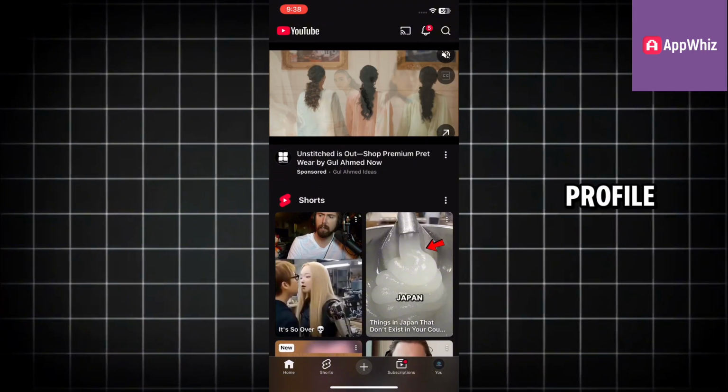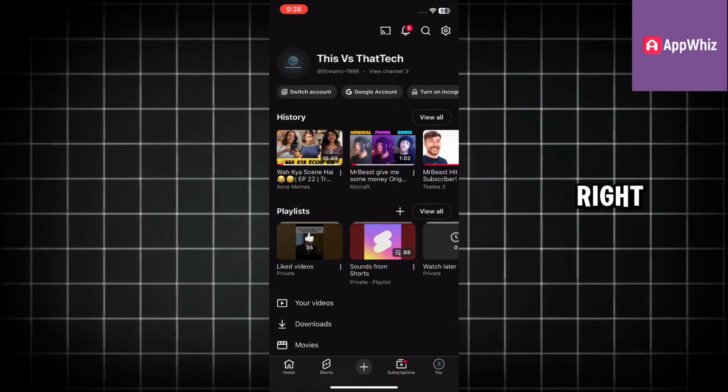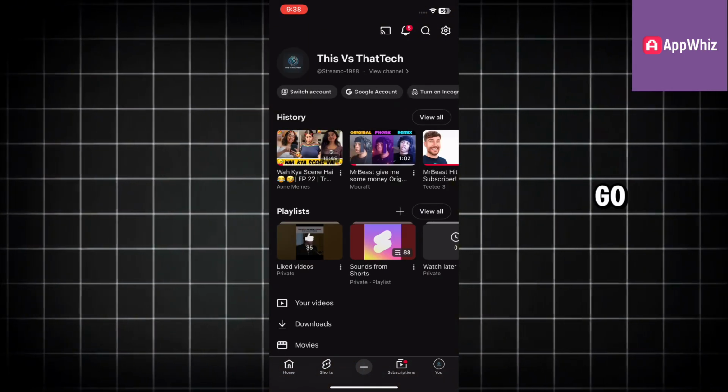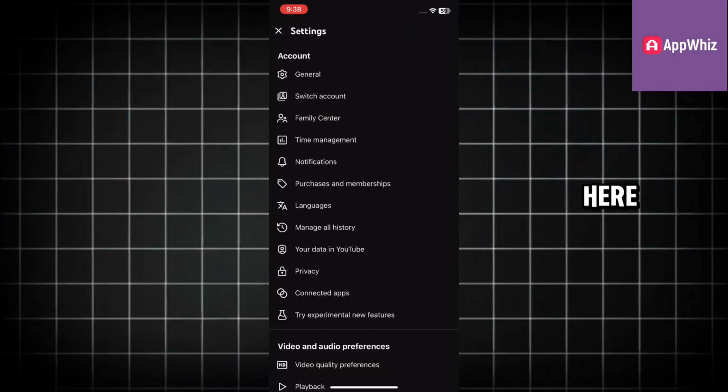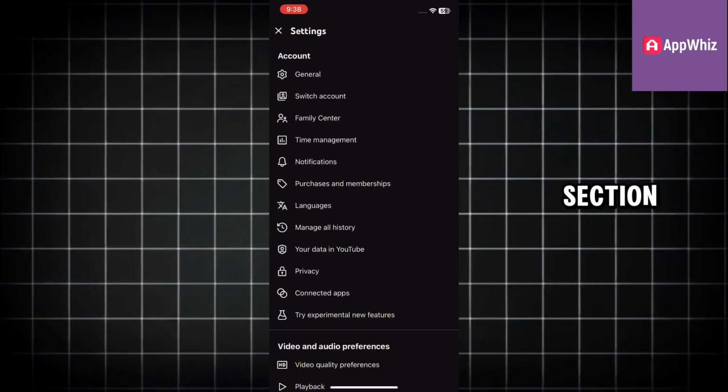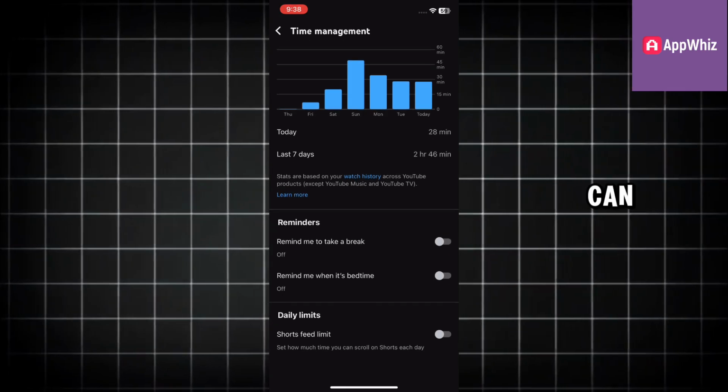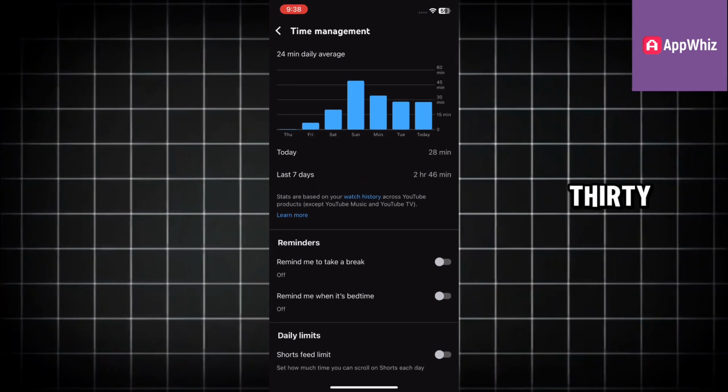Next, tap on your profile icon located at the bottom right corner of the screen. After that, go to Settings in the top right corner. Here, tap on Time Management. In this section, select Shorts Feed Limit, and you can set a timer for 15 minutes, 30 minutes, or more